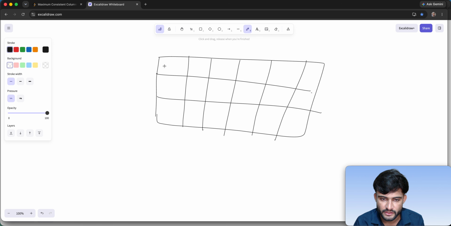Let's say there are some values in this grid. N equals to, for this particular case, N equals to 3 and M equals to 6, columns 1 2 3 4 5 6. Okay,